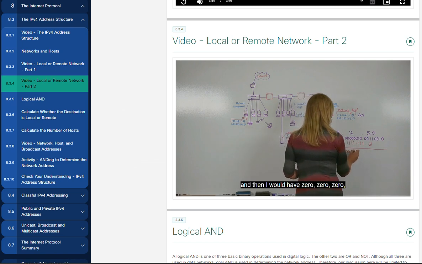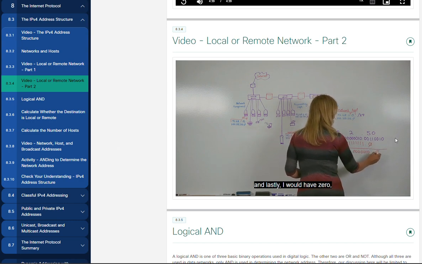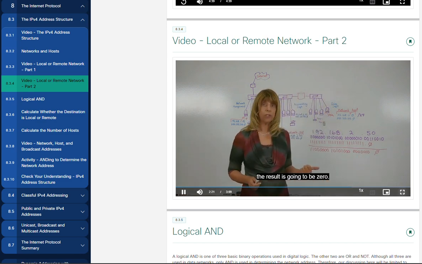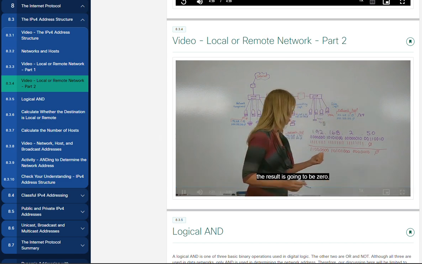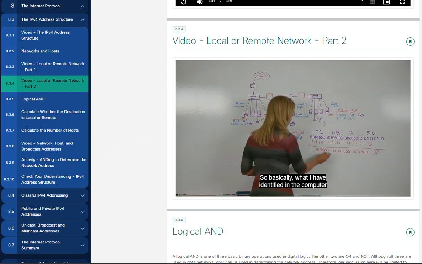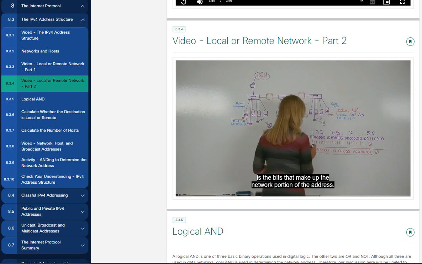And then I would have 0, 0, 0, 0, 0, 1, 0. And lastly, I would have 0, because if you multiply any of these by 0, the result is going to be 0. So basically, what I have identified in the computer is the bits that make up the network portion